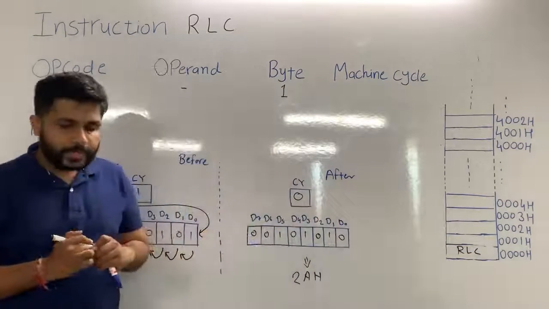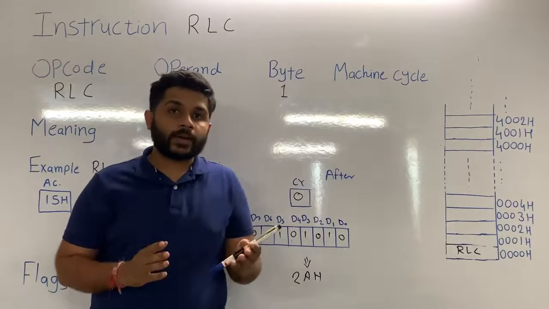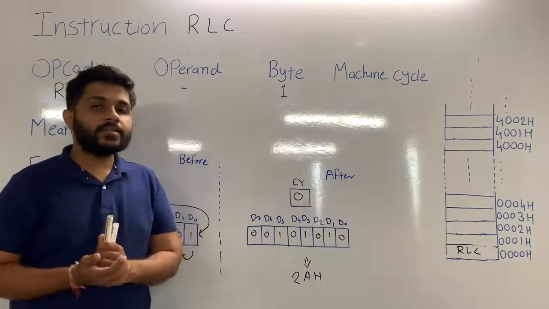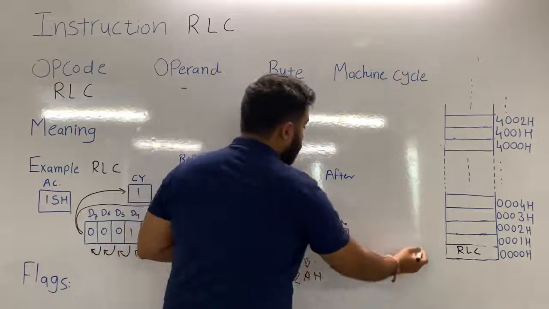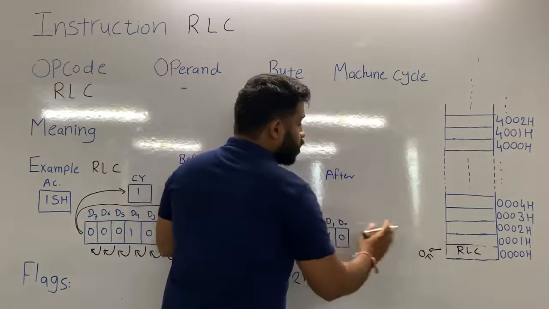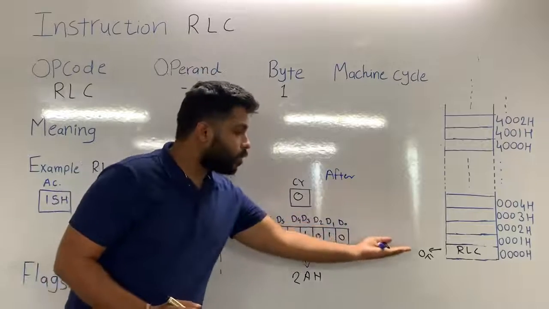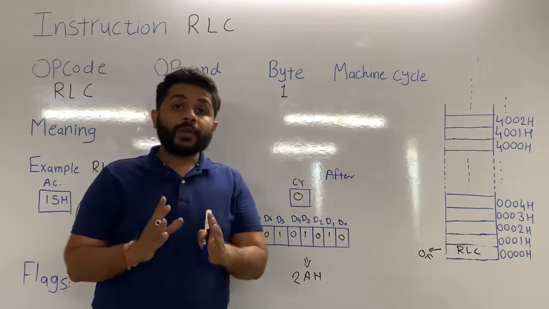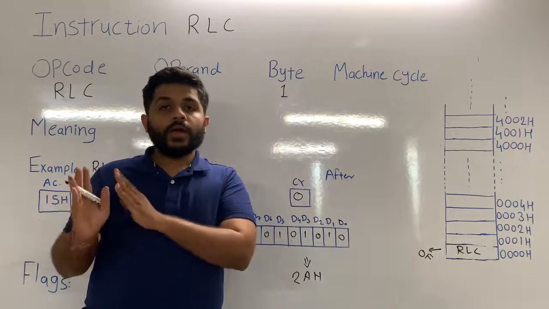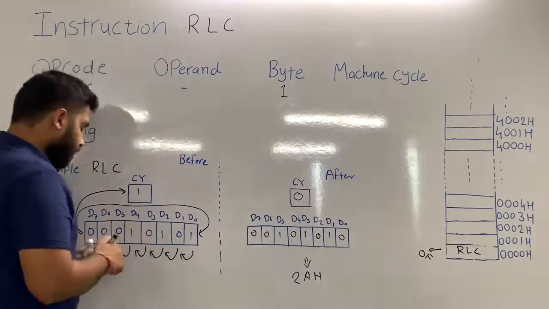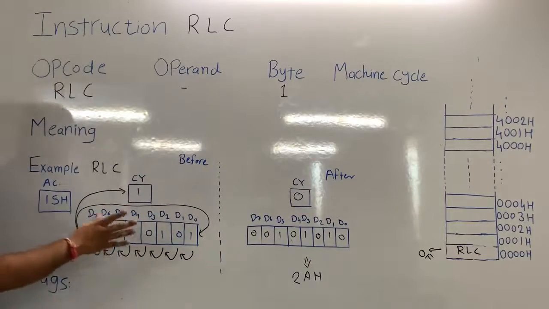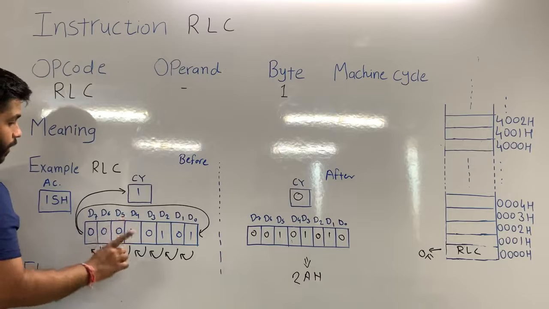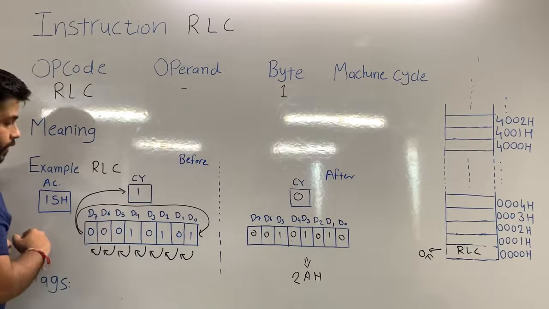After all instructions are stored in the memory, the processor will start doing its work, that is fetch, decode and execute. To fetch the instruction, the first machine cycle that the microprocessor is going to perform is opcode fetch. When the microprocessor performs the opcode fetch, this whole instruction will be transferred into the microprocessor. Then the processor will decode that instruction. After decoding, it will execute. Now if you pay attention, during the execution what is happening? During the execution, the content of accumulator is shifted to the left side by 1 bit and the content of carry flag is also affected.